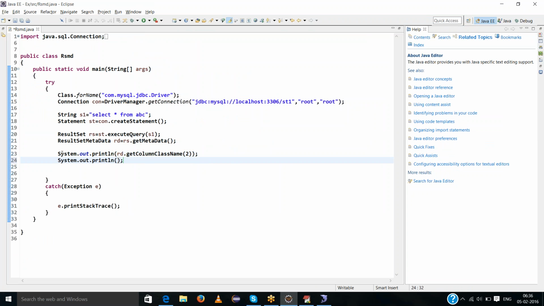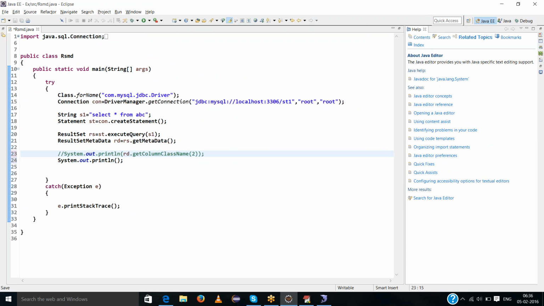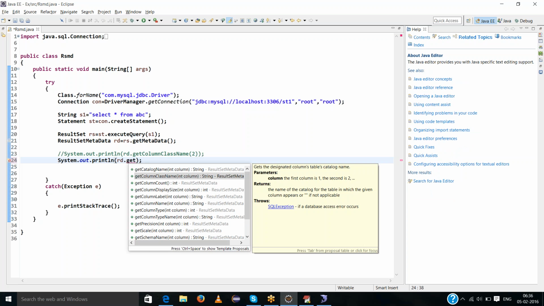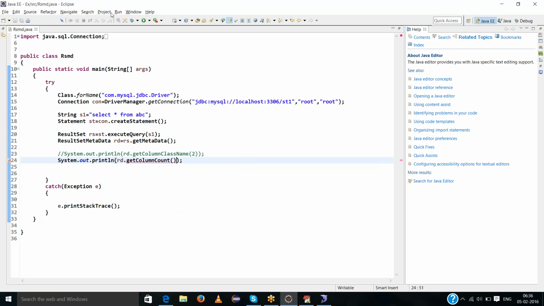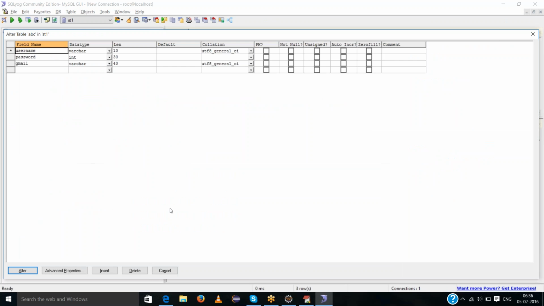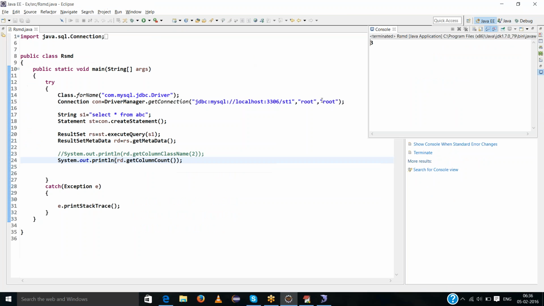Next one is getColumnCount, which means how many columns are there? 3 columns: 1, 2, 3, totally 3.